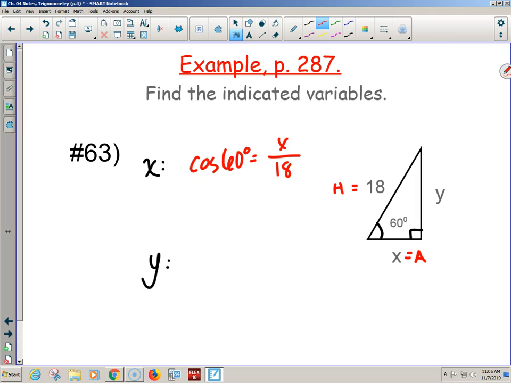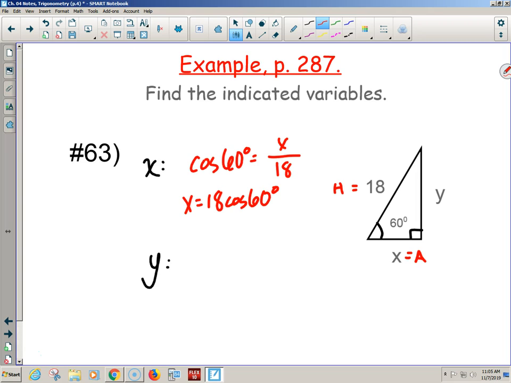So toa, right? You think about what you're given, but you also think about what you want to find, and we had to think of them separately. So adjacent, hypotenuse, so cosine says, give me adjacent, give me hypotenuse with an angle. There we go. Now, if we were solving, we would multiply 18 to the other side, right, guys? Yeah. And then we would plug into our, no, we wouldn't.